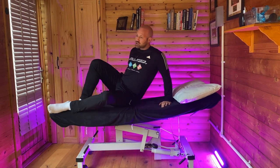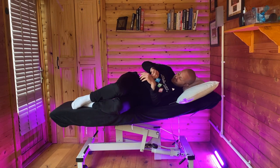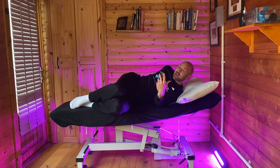Why might they be tight when I've been asleep all night? Well, a lot of us sleep with our knees bent up. I know I certainly do. This would be a typical sleeping position for me. What have I done here? Well, I've actually put these under tension. I've left these tight for the period of time that I'm asleep, and that can create some pressure on my